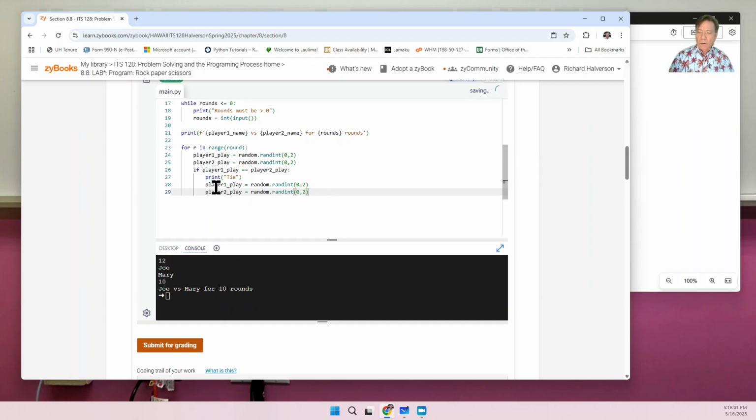We want to get a new player 1 play and then player 2 play. And then we want this to be a while loop. Yeah, just make this a while. So while player 1 play is equal to player 2 play, print out tie and get 2 more. Keep on doing that until